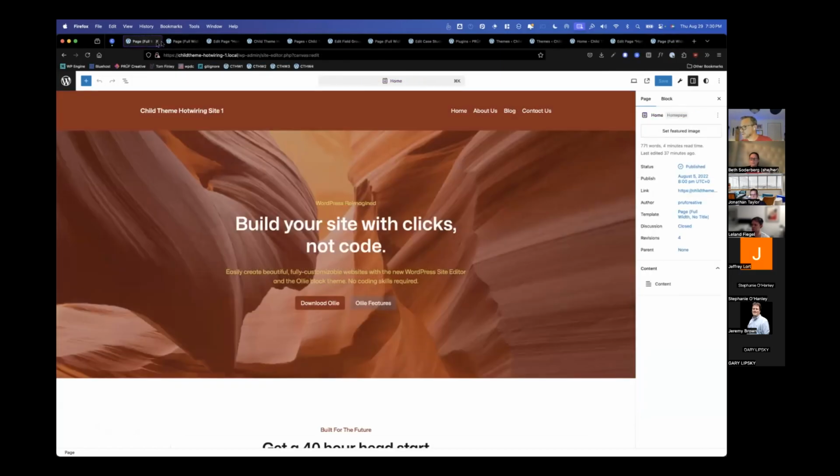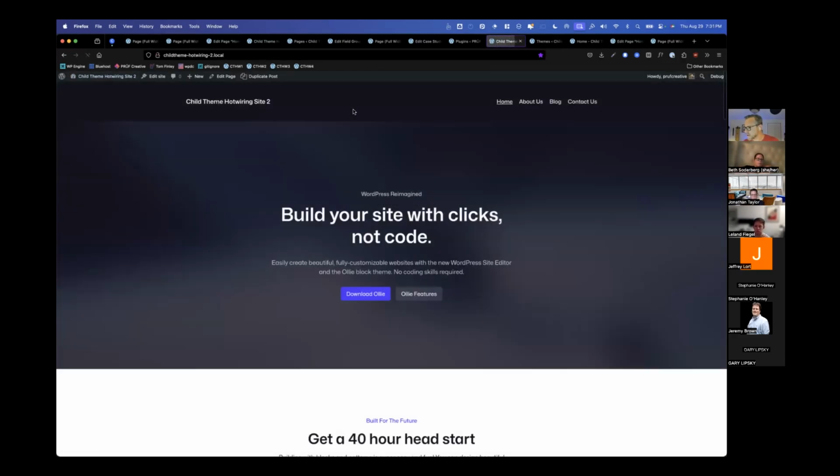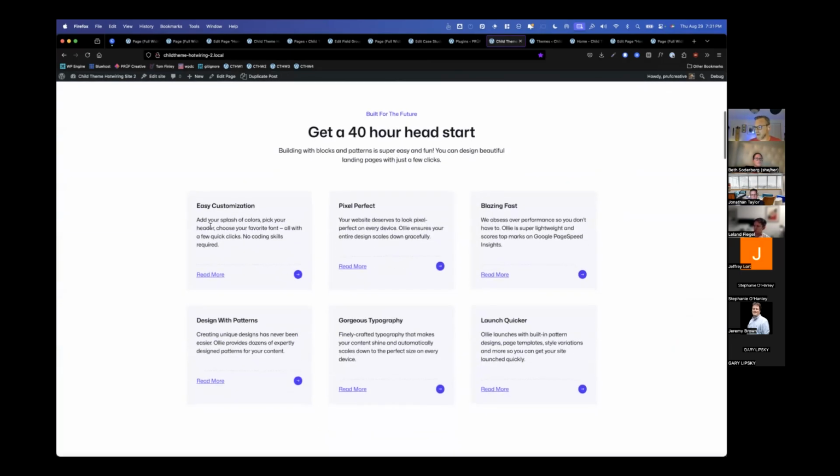All right. So I have four demo sites that I've constructed for this exercise. My first site here, you can see I have done some color customization and set up a standard cover block photo that is not the default for Ollie. I should probably call that out. This is essentially the bare bones default appearance of Ollie right here.